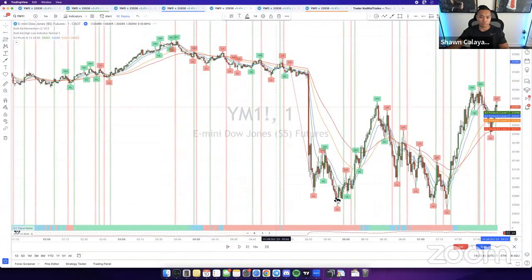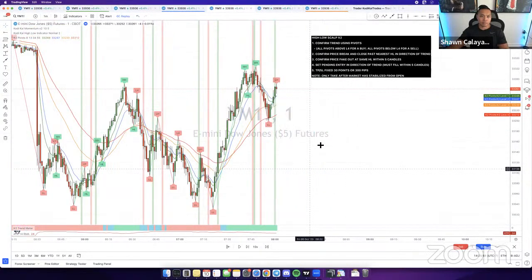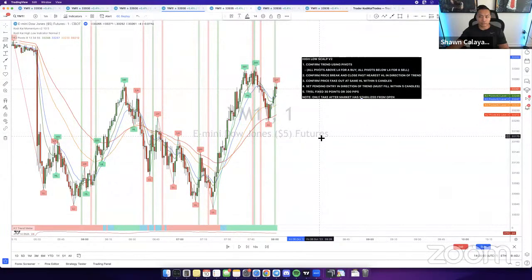This is one of the somewhat official strategies that we're applying. It's one of the ones that I'm taking. I'm taking this and the momentum pullback scalps. Those are pretty much the 2 main strategies that I'm applying myself. Obviously, if I'm applying it, it has to work, because I'm not going to apply something that's not working very well. And it's just a small variation of the original high low scalp.